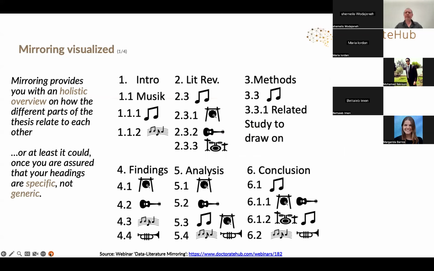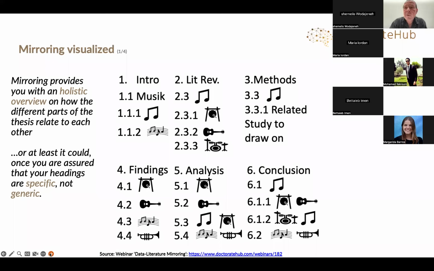Now, let's take this as an example table of contents of a mini thesis, sort of. A thesis about music. Right? You have the typical chapters that each thesis will more or less have. Six, where you have an introduction, a literature review, third the methods, fourth the findings, fifth the analysis, and sixth the conclusions. Now, if you use specific headings